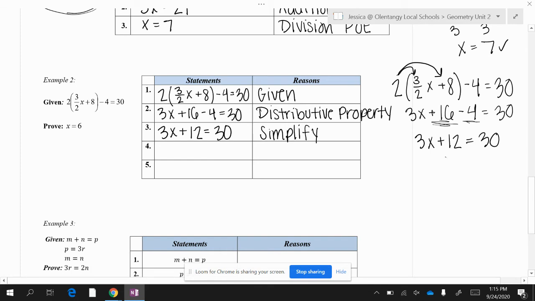And if I come back over here, I need to then subtract 12. So I get 3x equals 18. This is going to be my next line. Again, over in the proof, you don't show really any work. So I'm going to put 3x equals 18. How did I get there? Well, I took the last step and I subtracted. So that's the subtraction